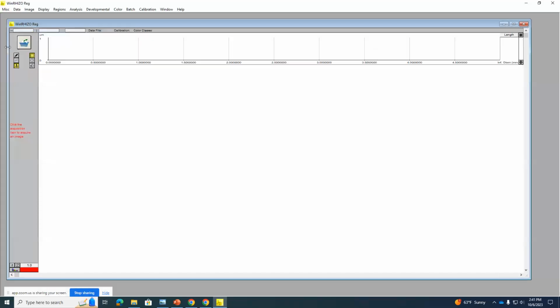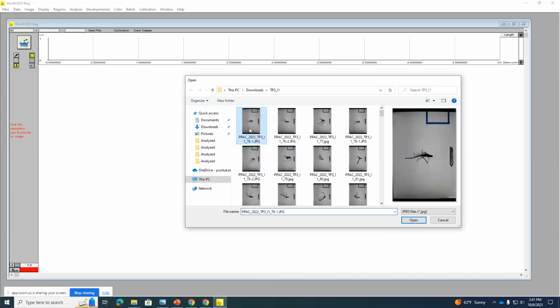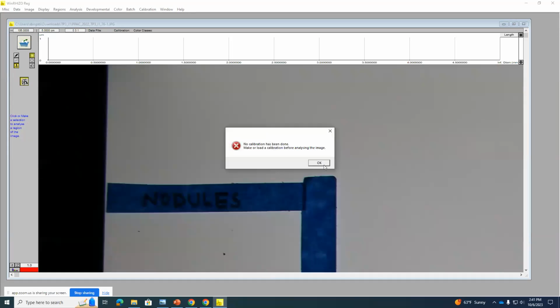Main page. And first thing we need to do is the calibration. So first for the calibration, I'm going to open one of the files. Maybe here I'm going to 10.3 of one of my swells. So I'm going to open one of the plots, that is 76, and I see the warning where it has written no calibration has been